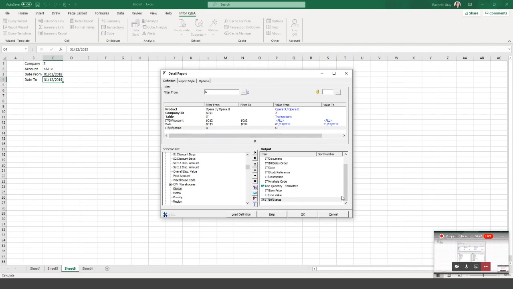So now, just to recap on the report, I'm looking at a company ID dictated by the Excel spreadsheet. I'm looking at an account, currently all of them, but can be dictated by the Excel spreadsheet. I'm looking between certain dates and I'm looking for the status. Now, there's one thing I have done on here is that technically this is the wrong date, and what I want to show you is how to create the date as it stands and then pull through a different date and really not affect how the report's running at all. So let's say OK